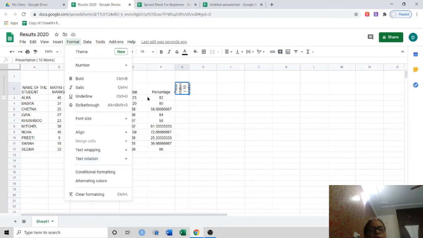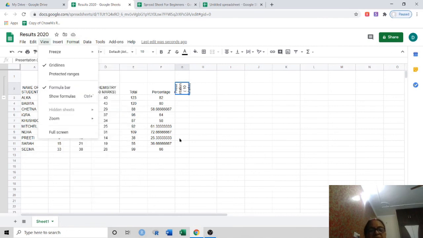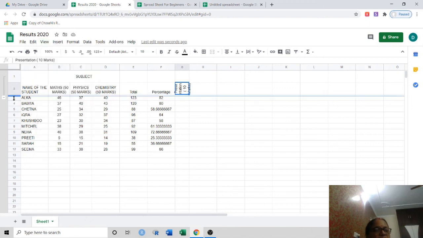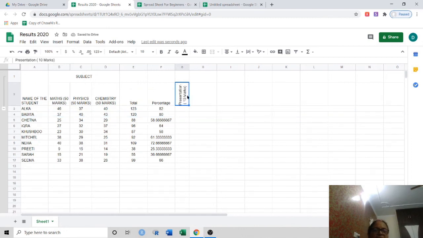Now what we have to do, we increase the size of this, because vertically you can have as big sheets as you desire, because then you can convert them into 2 sheets, 3 sheets, and so on. But horizontally you cannot, because you need all the columns in each and every sheet. So in this way I increase the size of this cell by pulling it downwards. See, now it has come in this manner. Presentation 10 marks, it has been accommodated in this cell